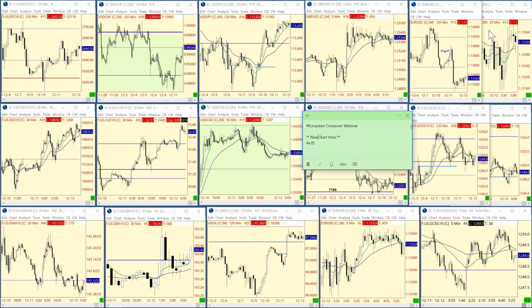So you can see that's almost going to be 3 hours earlier. I think that's going to give, as we discussed in the meeting, a good segmentation between the two webinars. One is focused on the early US session. This one will be focused on just beginning to start about an hour later in the European session. Quite often you'll see different changes. Right now we're a little bit slow this morning, but sometimes you'll see pretty good moves in the euro, and then those moves beginning to reverse back afterwards, after we begin the current webinar with the start time.